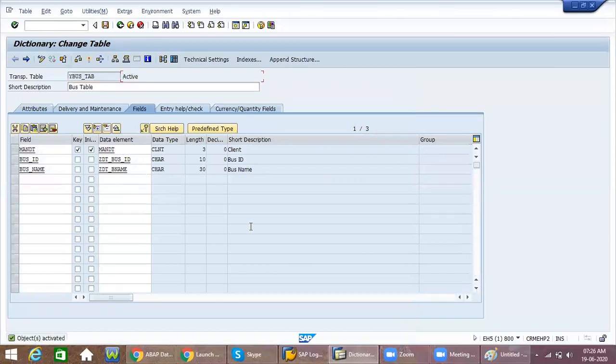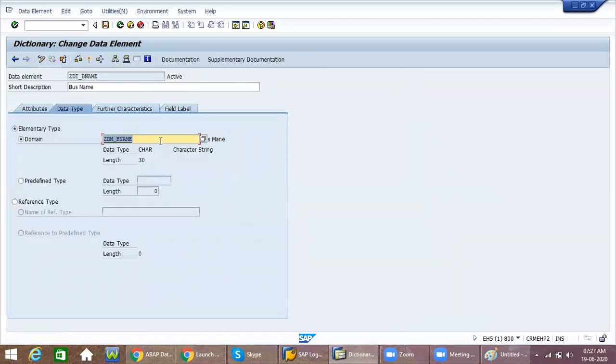Now which method did I use? Top down. Right. Hello. Yes, sir. You're getting me, no? Yeah, I'm getting you. I used the top down method now. Bottom up is also the same. We need to create a domain separately and we need to create a data element separately. Those domain and data element we are using here. Nowadays, whenever you are creating data elements, you can use ZDT underscore your data element name. And if you are using a domain, you can use ZDM underscore your domain name.